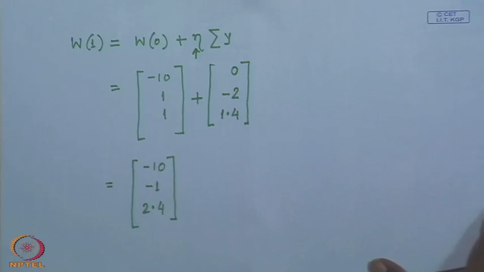So, I have to compute W1 transpose y1, W1 transpose y2, W1 transpose y3, up to W1 transpose y8. And I have to identify all those y's for which W1 transpose y is negative. And these are the y's which will be used to update W to get W2. So, if I compute this, you will find that